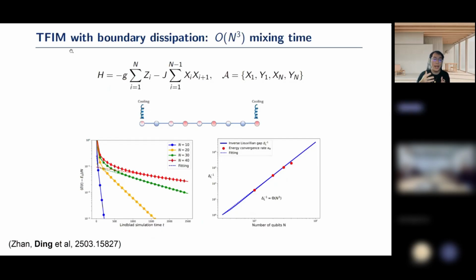TFIM stands for transverse field Ising model. So the Hamiltonian essentially takes this form. I want to emphasize that this is not a commuting Hamiltonian; it is actually a non-commuting Hamiltonian. Here we use boundary dissipation, meaning that I put the coupling operator only on the boundary of my lattice. Then numerically we can show that